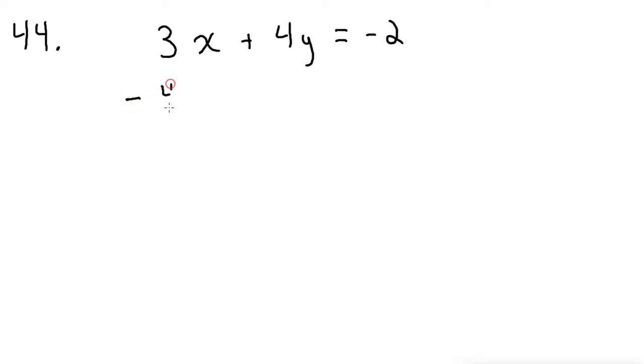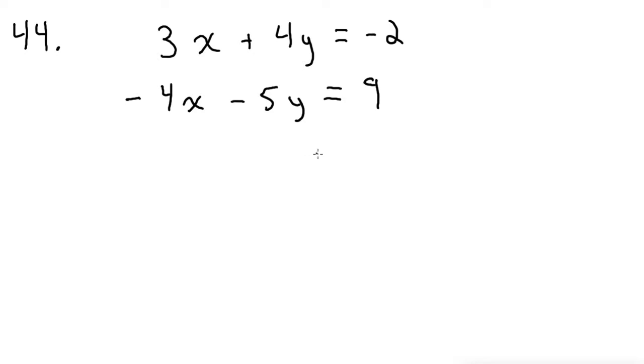So let's work number 44 on the homework. And it says that we have one equation that is 3x plus 4y, and that equals a negative 2. And we have another equation that is negative 4x minus 5y, and that equals 9. Now, the way we're going to solve for x and y for both of these is we're going to set